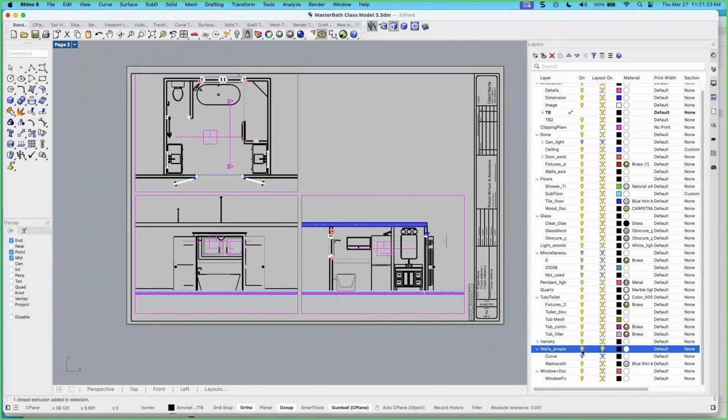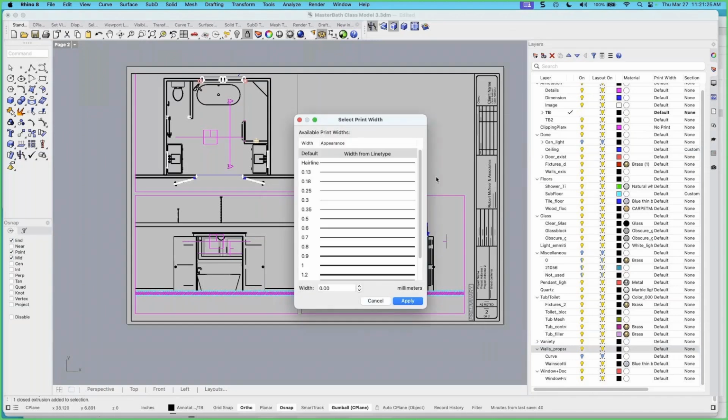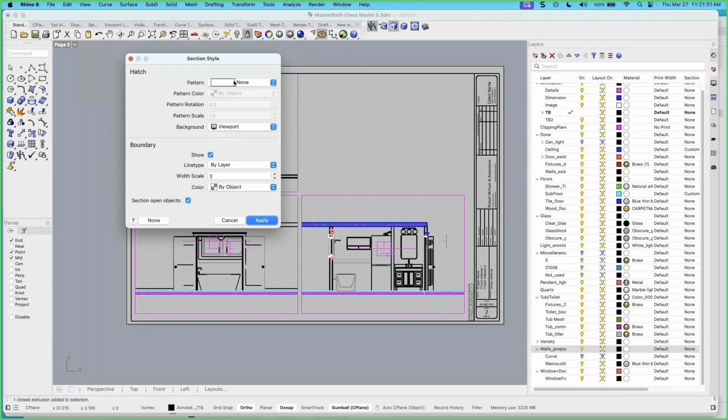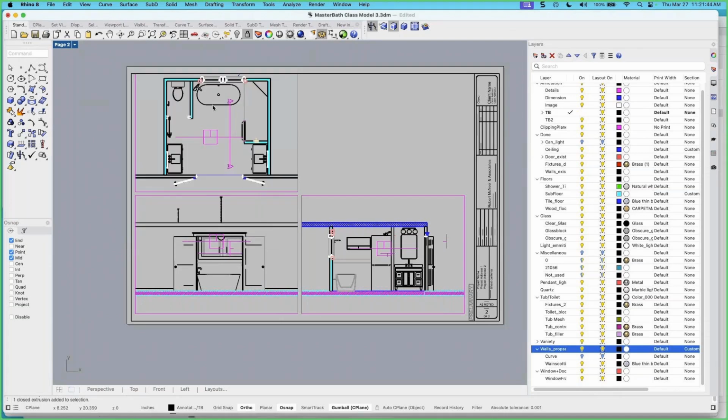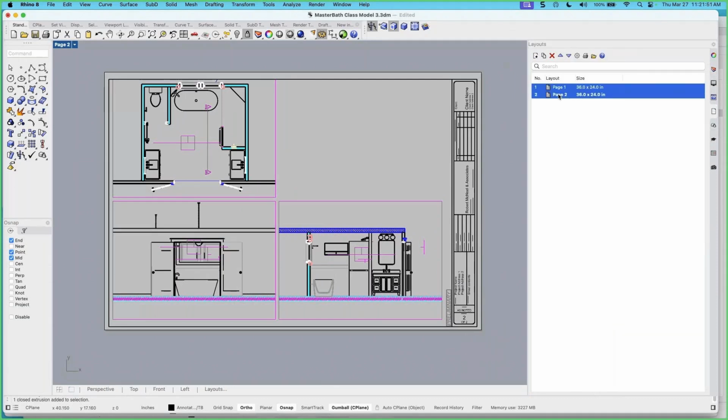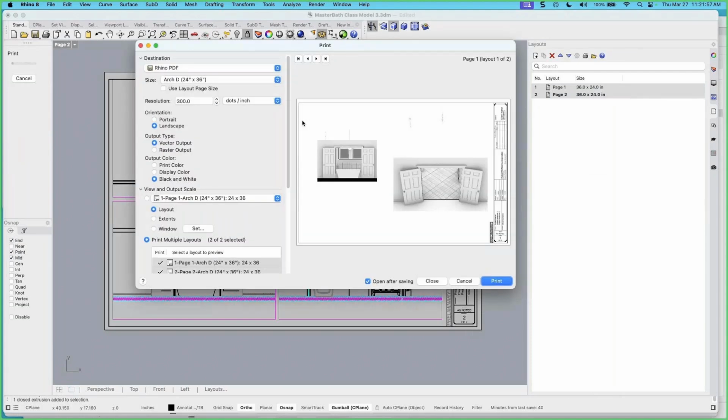And the last thing to do are the walls. Pick on none. And this one here we'll do solid, and we'll give it a color of cyan. And it doesn't have a scale or a rotation. Pick apply. Great. So all of that is looking good. We are ready to print both of these. We can get to print from here, and we have our